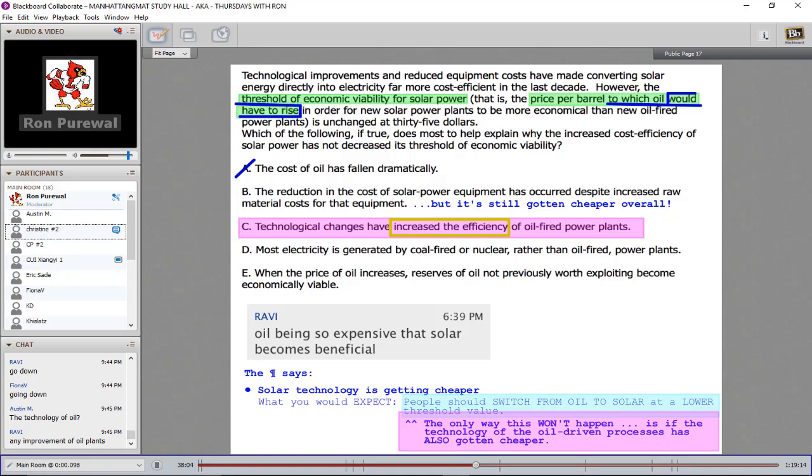D, nobody picked because we know that D is not a thing. The point here is just to compare oil against solar. So things that are not solar or oil don't factor into this. And then, as far as E goes, E is a thing that affects the price of oil. As we already said, the current price of oil is not a thing, because this is still theoretically how expensive would oil have to get. So factors affecting the actual price of oil are non-factors.